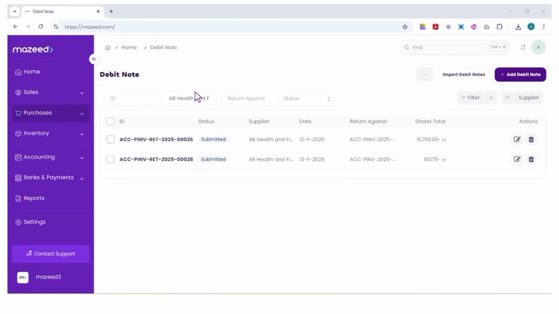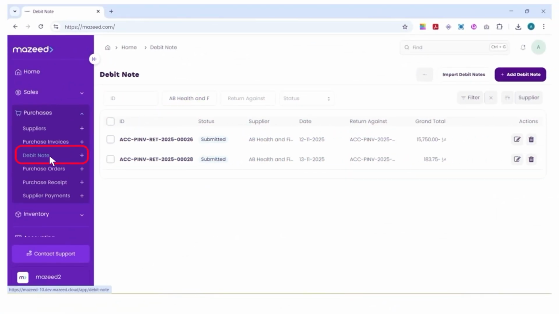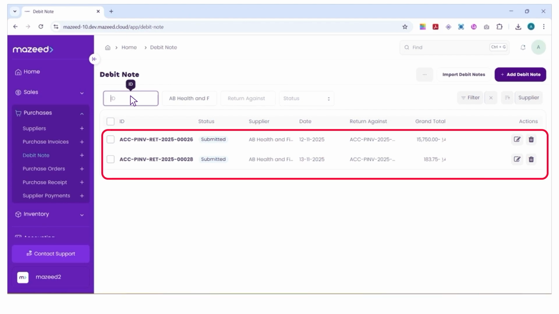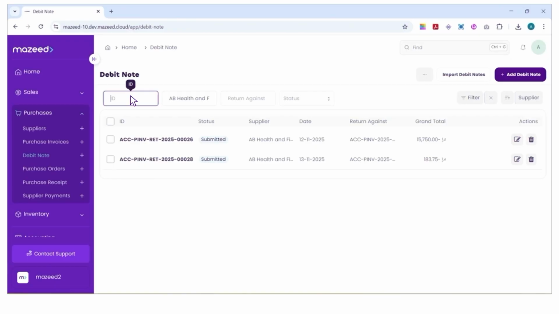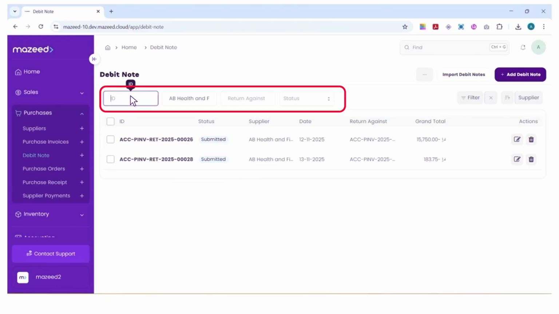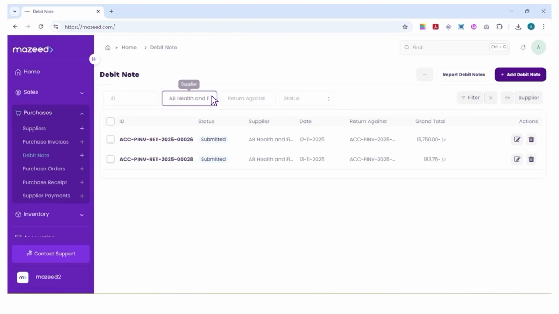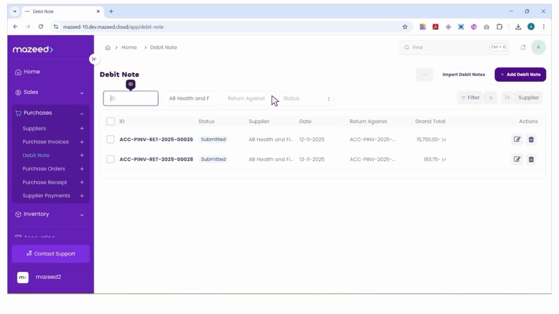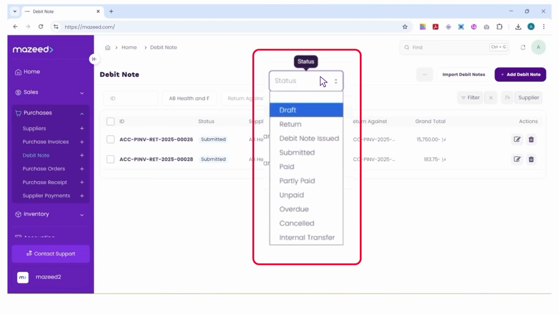Let's get started. To begin, navigate to the Debit Note section from the navigation bar on the left. Click on Debit Note. Once opened, the Debit Note window will appear. Here, you'll find all previously created debit notes listed in the system. You can filter debit notes using several fields: the ID, supplier name, and return against, which shows which purchase invoice the debit note is linked to. You can also filter by status, using the drop-down box to choose between draft, return, debit note issued, or other